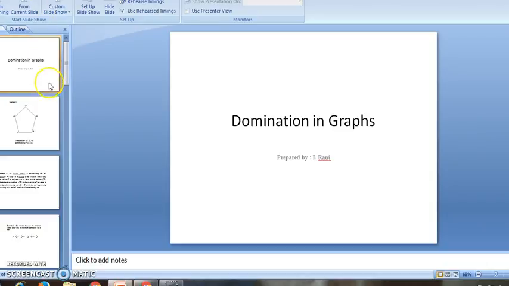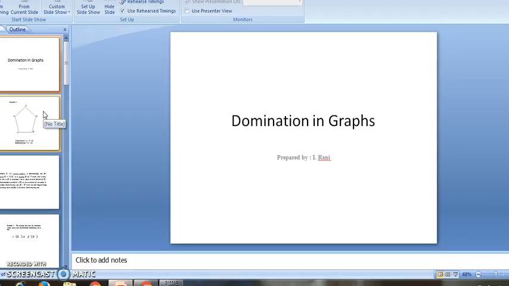Domination in graphs. In the earlier assignment, we had vertex cover and independent sets in graphs. Now, in this lecture, we are going to